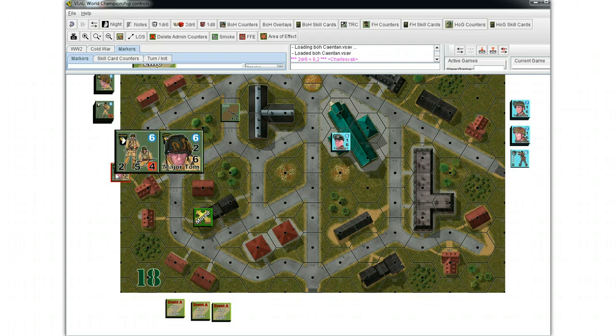Major Tom comes into the board here. He's got a 2-5-4 with him. He will activate himself and the unit with him. His 2 will add on to the movement rating of his unit that's with him. So we'll do 1, 2,